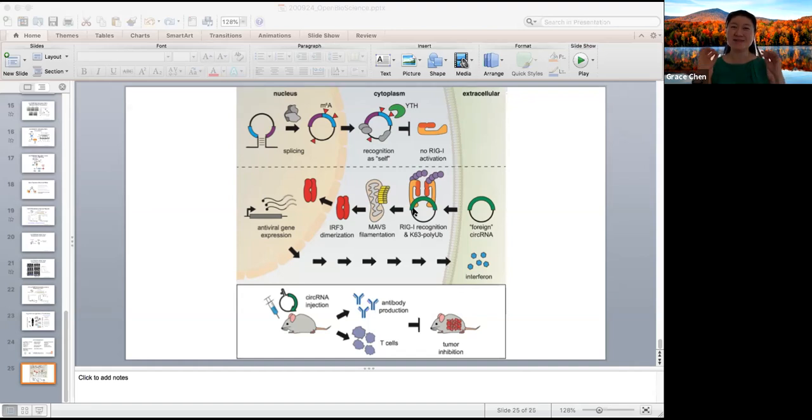Yeah, so we have so many different ideas of what we can do with the circular RNA, and we just don't have the hands yet to do the in vivo work. So we're thinking about both models of infection as well as cancer models, different types of cancers, different types of tumors, and seeing what the effects of circular RNAs are. One might imagine that circular RNAs, depending on their route of injection, may also localize to specific organs or specific parts of the body, which might be very helpful if we're thinking about therapies. And so there's a lot of room and potential for investigation here.